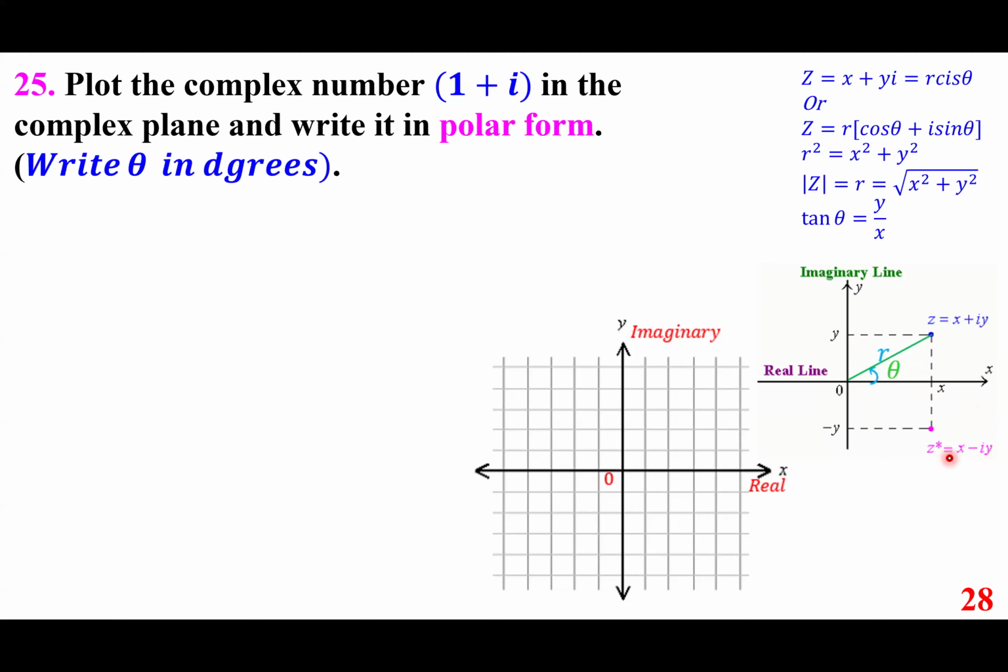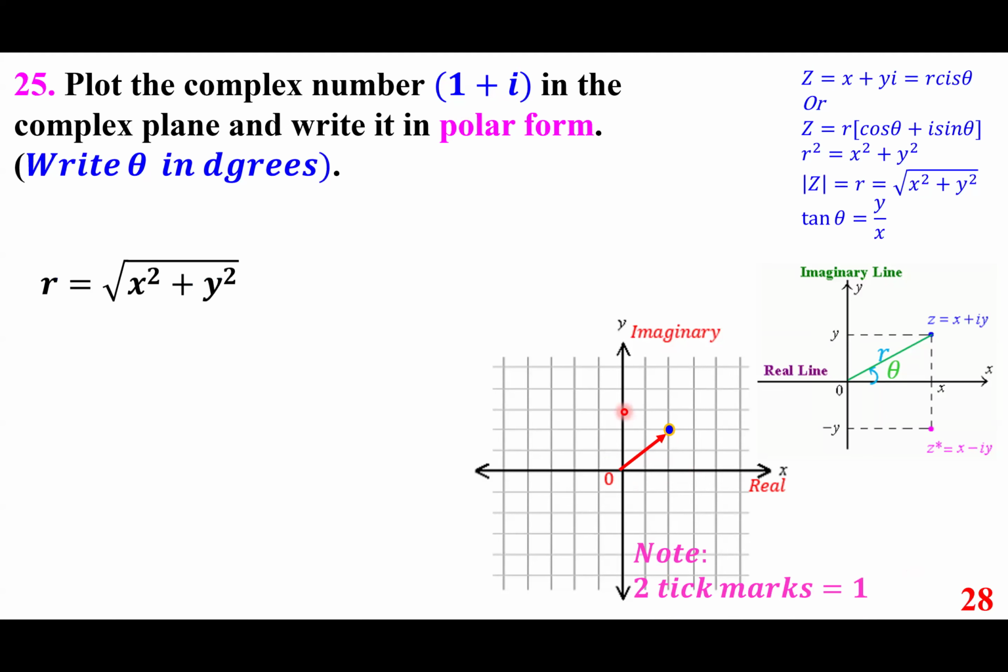Now, if I want to graph this one, and again, this is small, we're going to go with 2 tick marks. So 1 plus i, remember the coefficient of i is 1. So 1 plus 1i. So I'm going to go 1 to the right, 1 up, and I said I'm going to go with 2 tick marks. So 2 tick marks equals 1. So that means 2 tick marks to the right, 2 up. There you have it. And so you connect them,